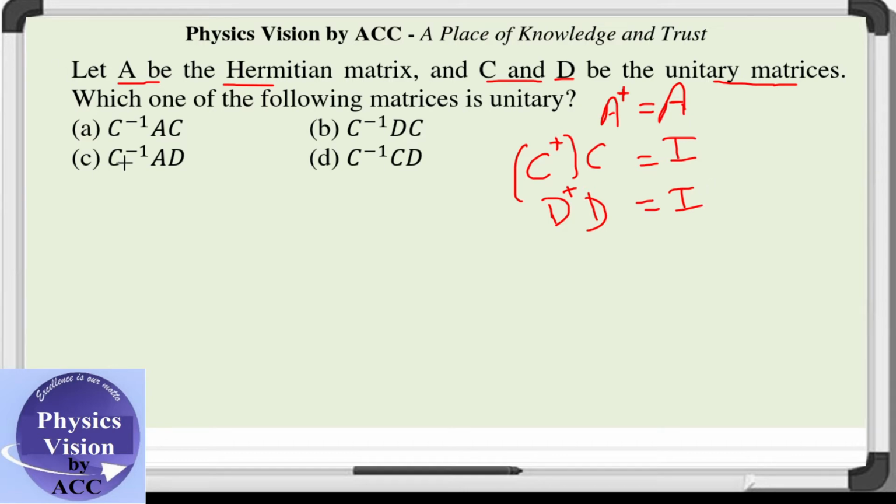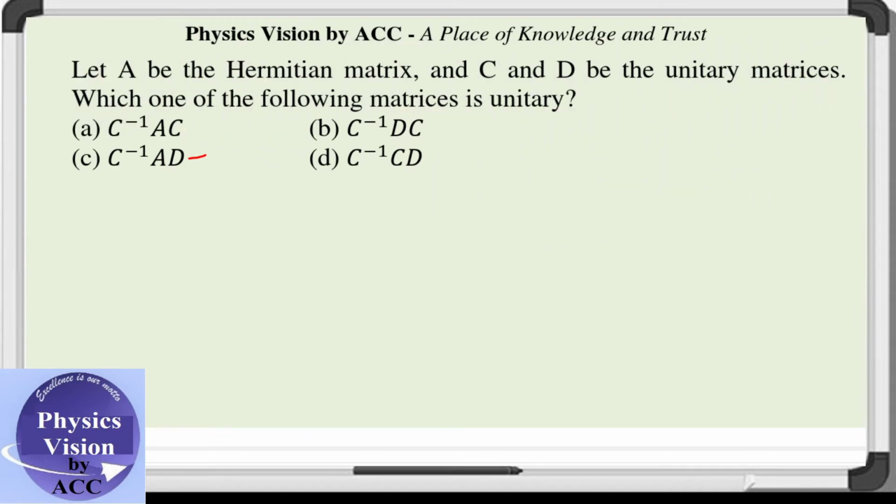What has been asked in the question is, which one of the following matrices is unitary? So what we need to do, we just need to check each and every option given here, and we need to check which one of the following is unitary in nature. Okay, which of the following is unitary in nature? What we'll do, there is one option we can definitely do: by checking each and every option we can get our result easily, but that is not a good way to do in an objective paper.